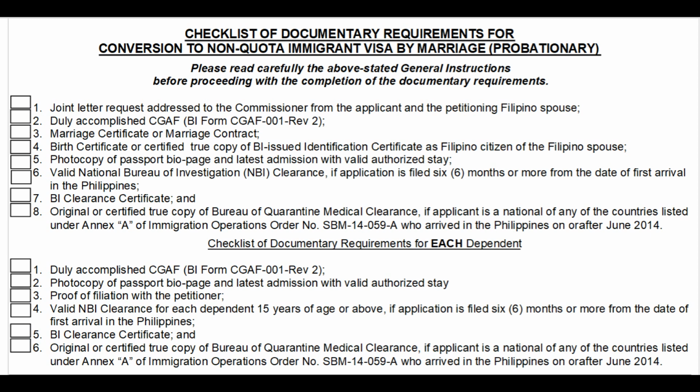a true copy of the BI, Bureau of Immigration, issued identification certificate as Filipino citizen, so she or he has to prove that she is a Filipino citizen. Photocopy of passport bio page with latest admission with valid authorized stay. Valid NBI, it's like the FBI, clearance. And if the application is filed 6 months or more after the date of arrival, BI, Bureau of Immigration clearance certificate, original or certified true copy of Bureau of Quarantine medical clearance,